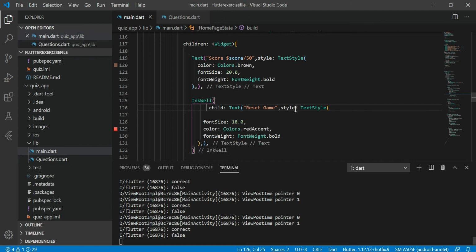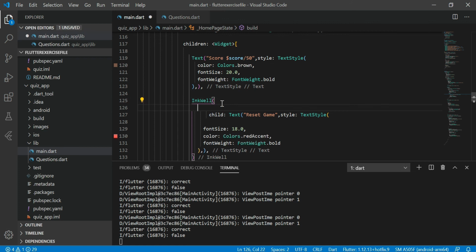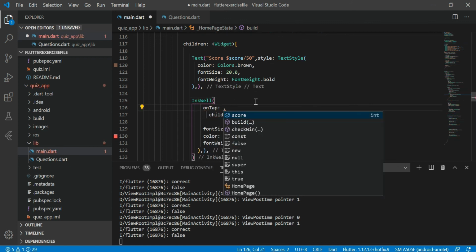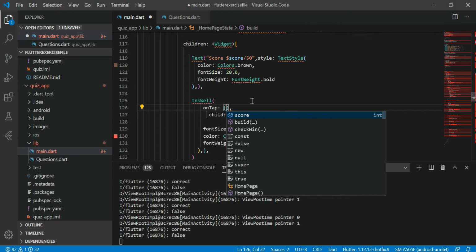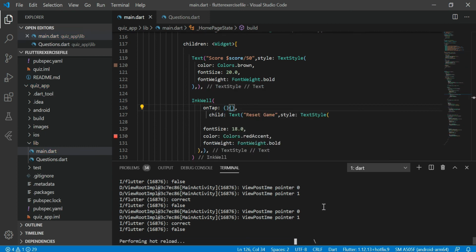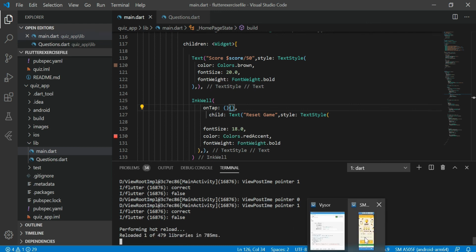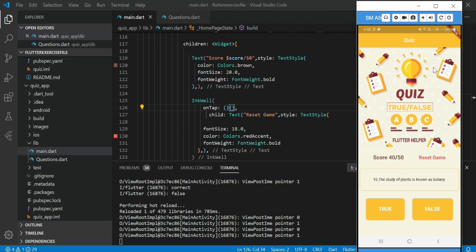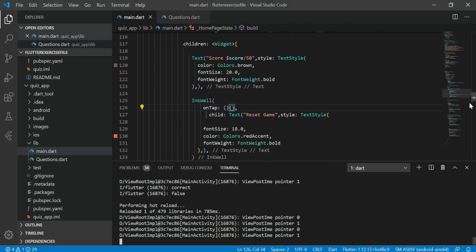Let's give an onTap here. Now let's run our app. Now see, the reset game text is converted into a button. That's good.